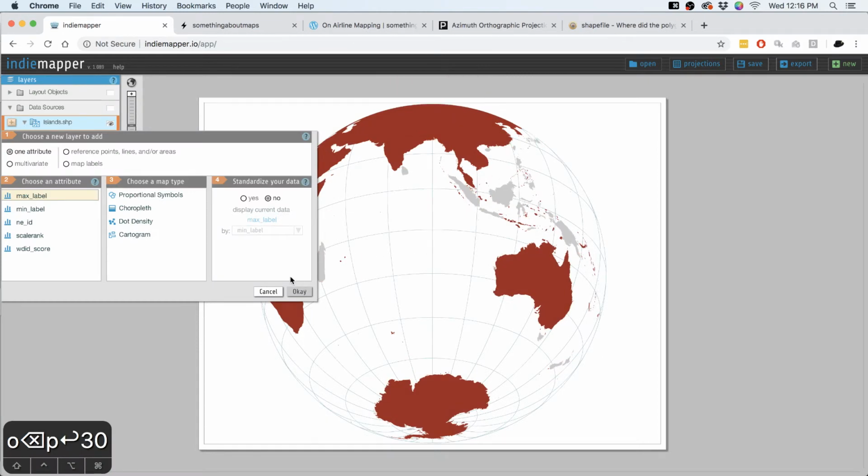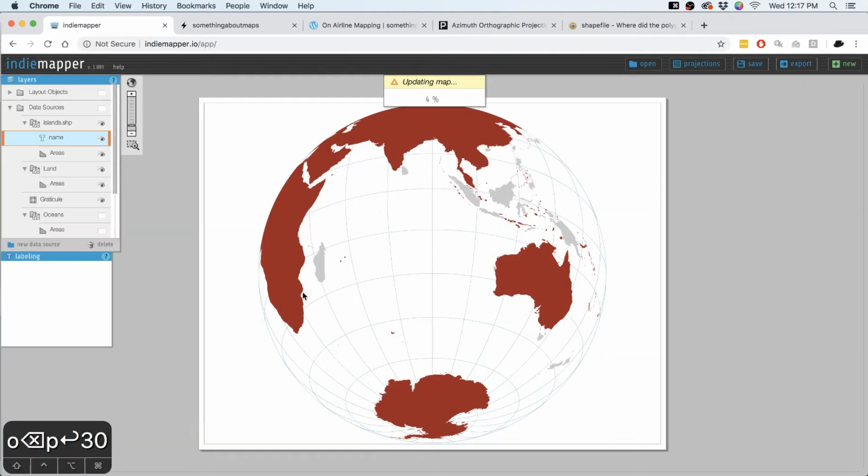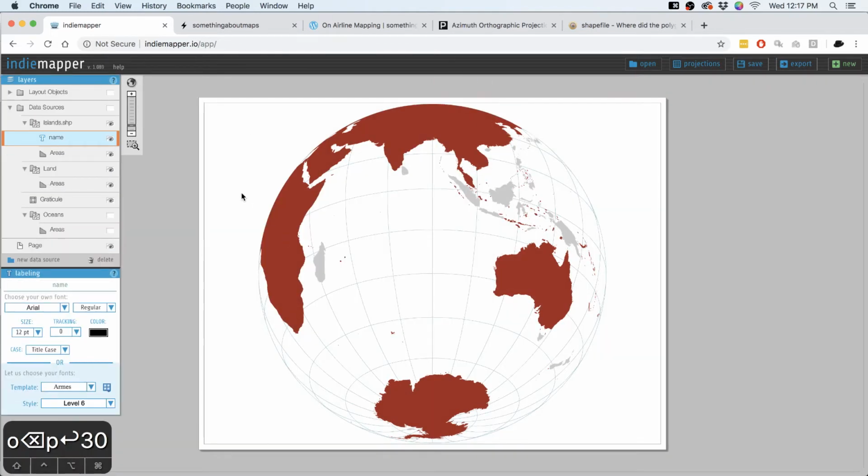And there we go. I've got a new file dropped in right on top. And I would like to add map labels from this using name as the field. Now another thing I discovered recently about IndieMapper. This wasn't the case as of maybe a year or two ago, but while it has labeled these things, right now they're not showing up in the browser, but they will show up again in your SVG. So kind of like with our projection, we've got to take this on faith a little bit that it's going to work out. But I find it kind of amusing, and while I have these comments about some things that aren't working, it's really a cool program and fun to work with.